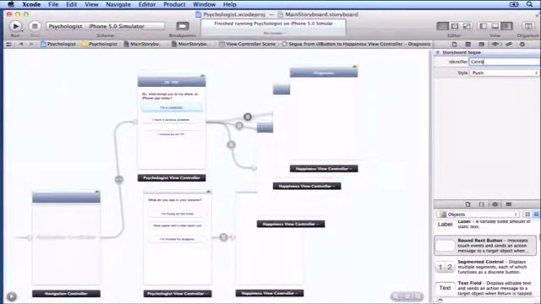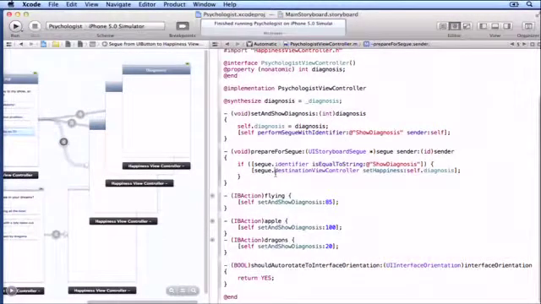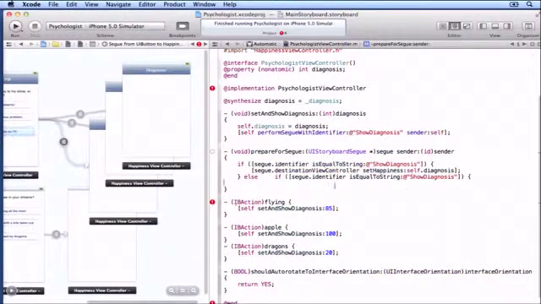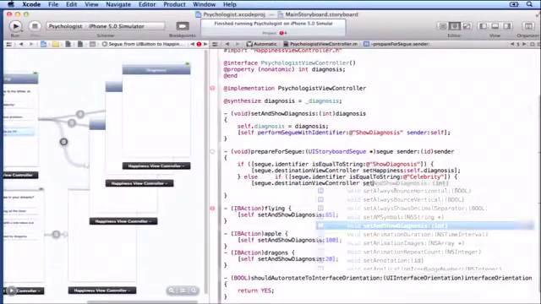So we'll call this one the celebrity segue. We'll call this one the serious segue. And we'll call this one the TV kook segue. All right, so we got the segues named. How do we prepare? All right, very simple. We go back to our code, and in our prepare for segue, we're just going to check to see if the identifier is one of these new ones, like celebrity. Then we're going to segue destination set happiness